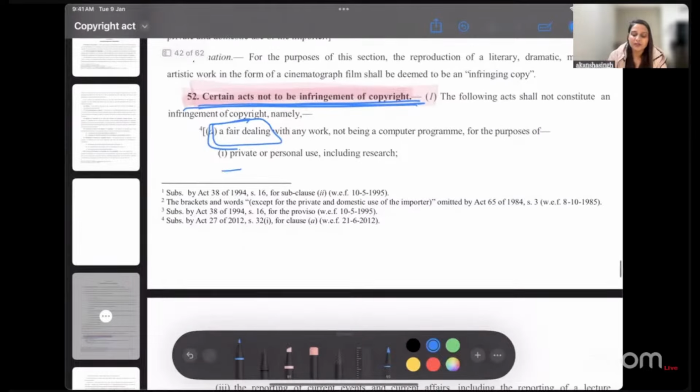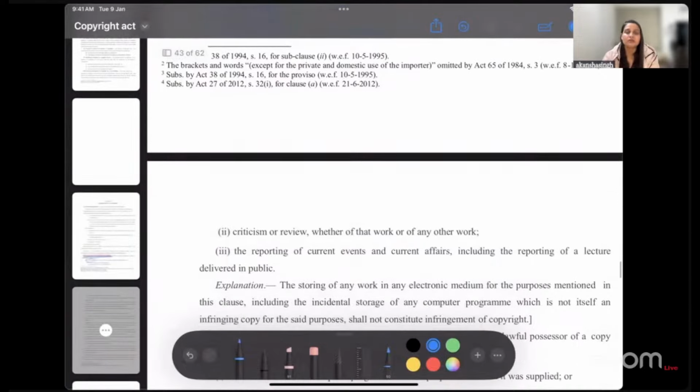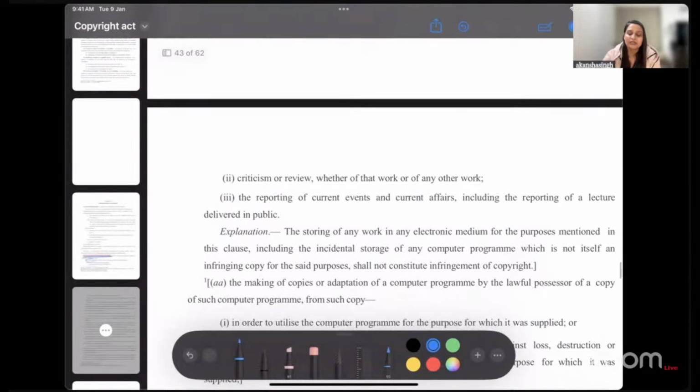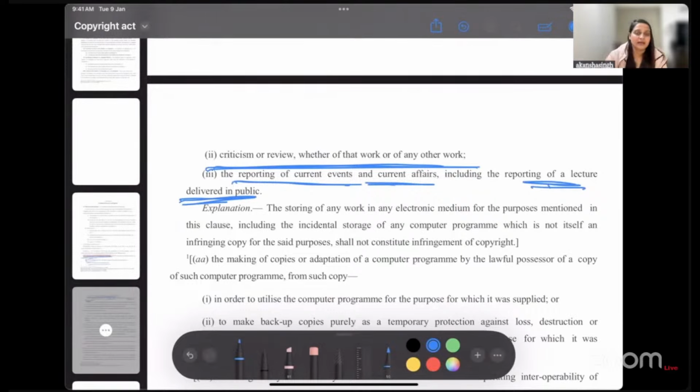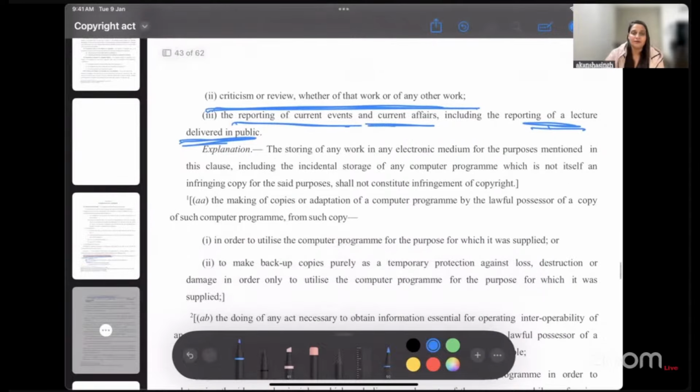So a private or personal use, including research. As I told you, the first ground is research for private or personal use, criticism or review of that work. If you're criticizing or reviewing any work, that is also fair dealing. The reporting of current events and current affairs, including lectures delivered in public. So if you are reporting any current event or current affairs, that is also absolutely fine. This is a lengthy provision, but to take the summary from this, we can understand that fair dealing can be